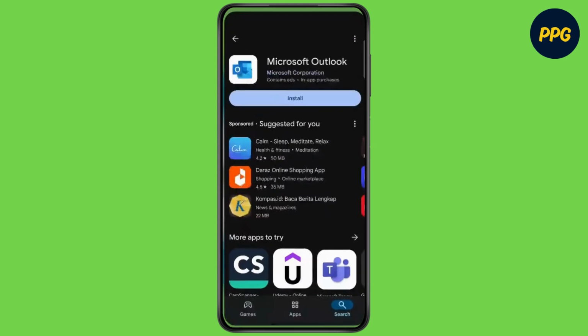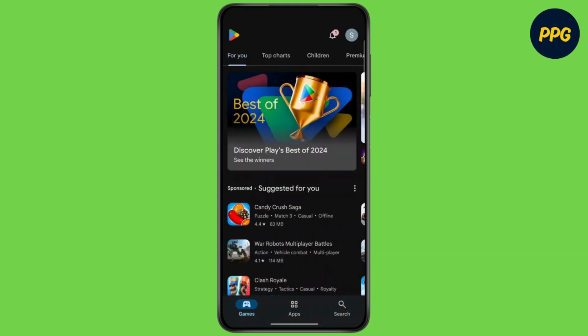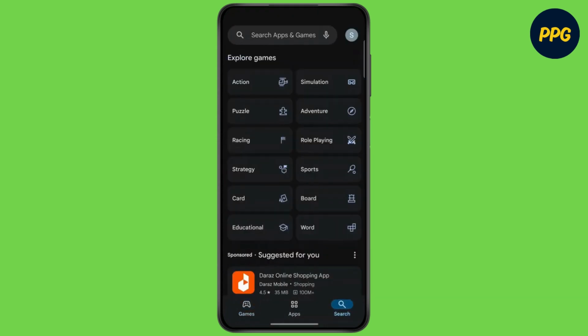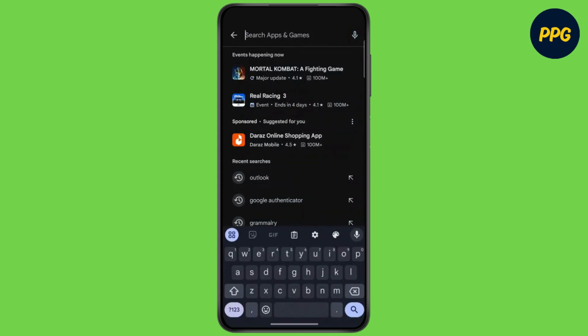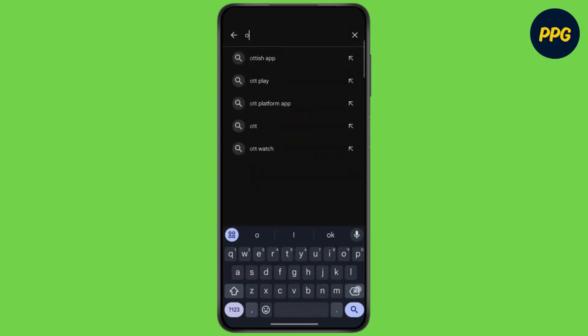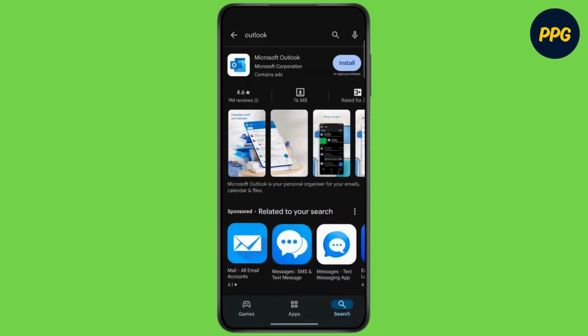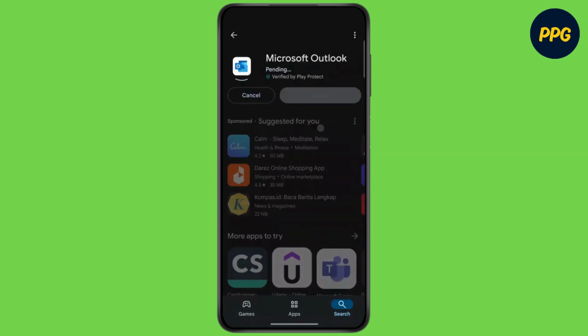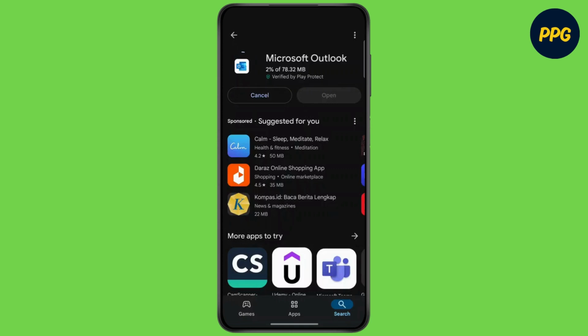First of all, open up your Play Store. Now at the bottom right corner, tap on the search icon. Now simply tap on the search bar and type Outlook. Now once you type and click on search. Now tap on Microsoft Outlook and click on install. Now while the APK is being installed,